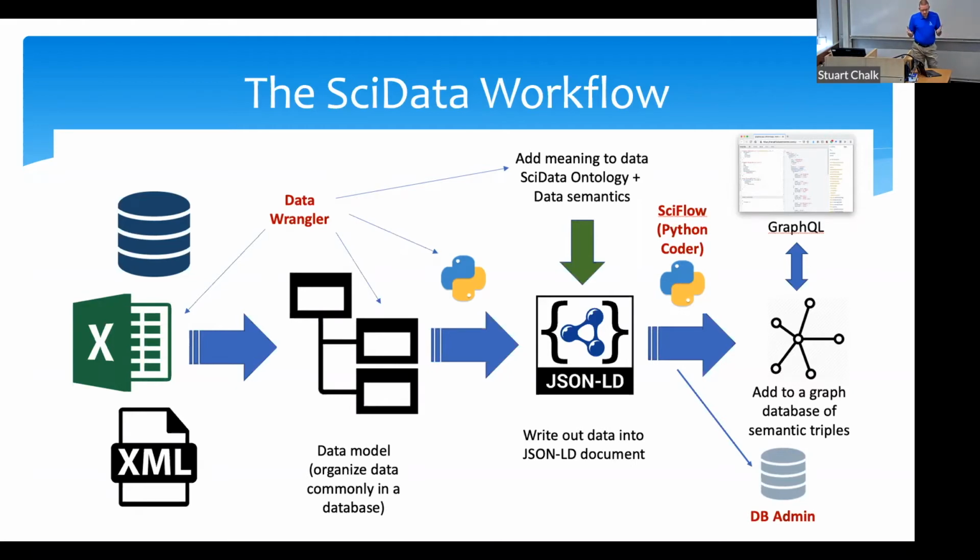Basic idea is we need to think about the original data source that we've got the data from. We've got to model that. And then obviously that really means how do we identify what pieces in this go into the JSON-LD document, into the methodology section, into the system section, in the dataset section, so that we can then create the file and put it into the graph database so that we can then start searching on it.